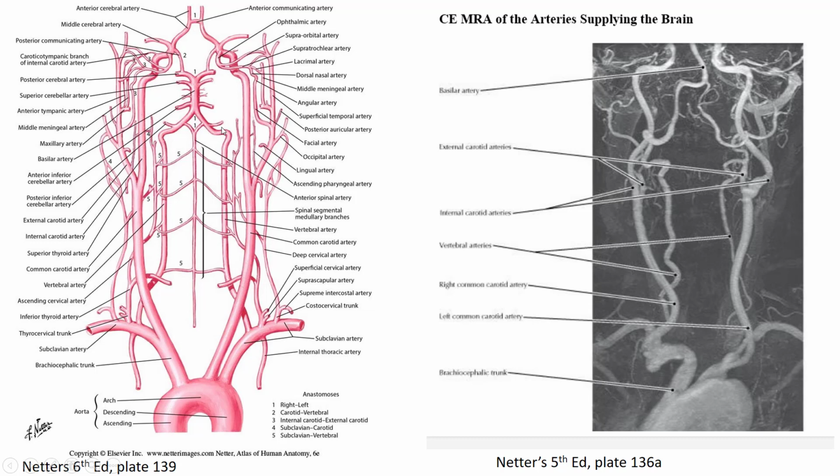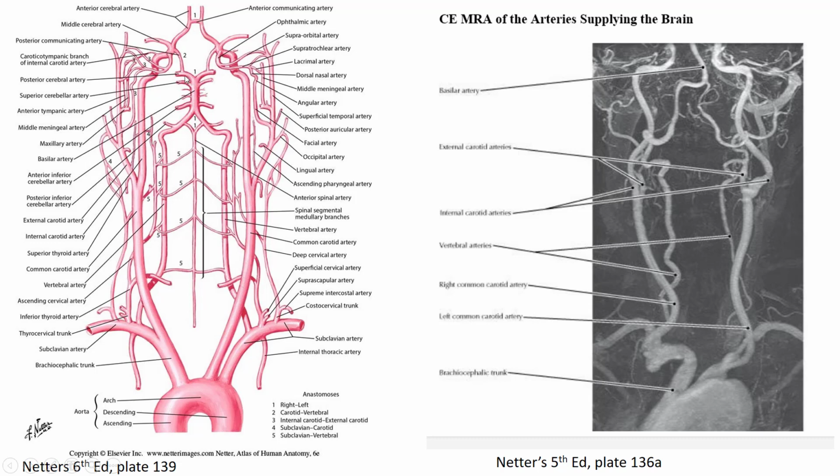And the vertebral arteries turn and become the basilar artery. There are many branches off of that basilar artery that go back to feed the cerebellum. We're not going to focus too much on those right now, so as long as you know the basilar artery